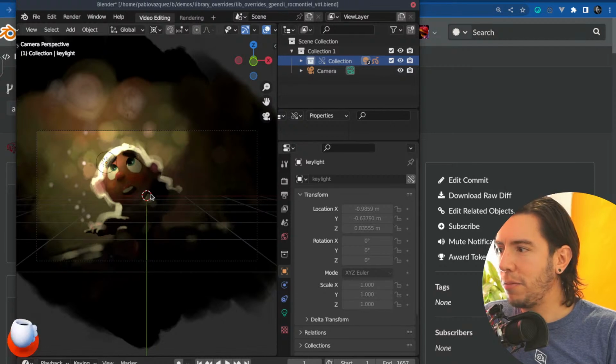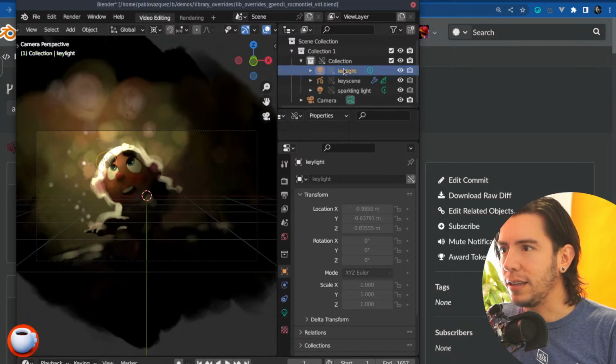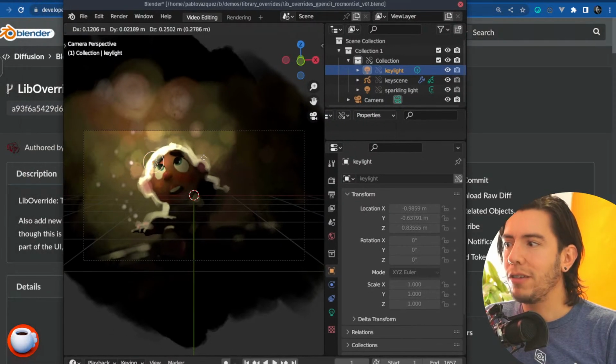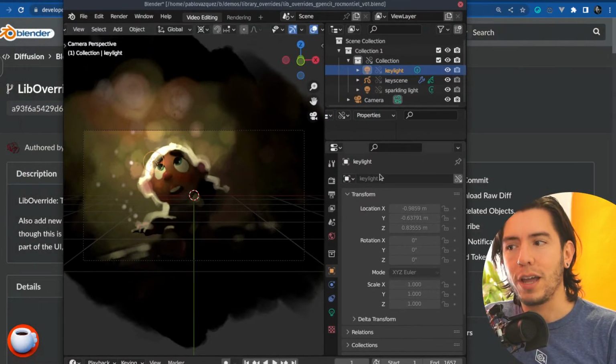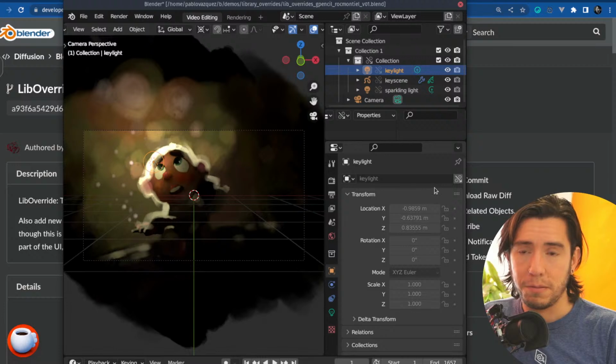For example, I have an object. I have this lamp, right? This lamp, I actually brought it from... Let's select the key light here. I can't move it because it's linked. But what if I want to move it? Well, I can create a library override, or I can simply do it much more